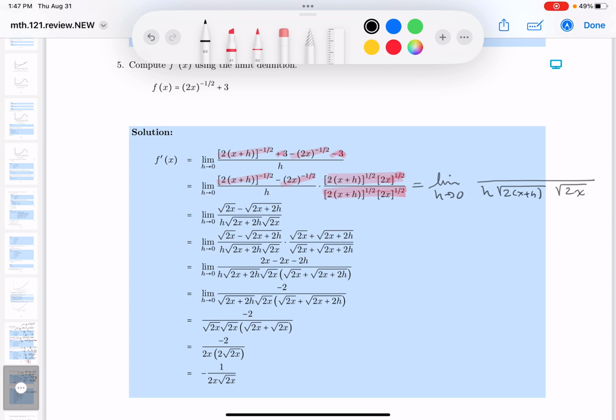Now, the top's a little more challenging for me, but what I know is that when you add the exponents together, you get 0, and that's going to be 1 then. And then you just get 2x, let me say 2x to the half power, sorry. I can write it with a root. So I took this, multiplied by the first term. And if you did this one over here, well, the 2x would be raised to the 0 power, which I'm going to say is 1. What he left off with is the root of